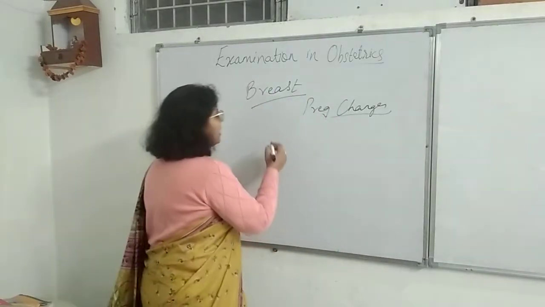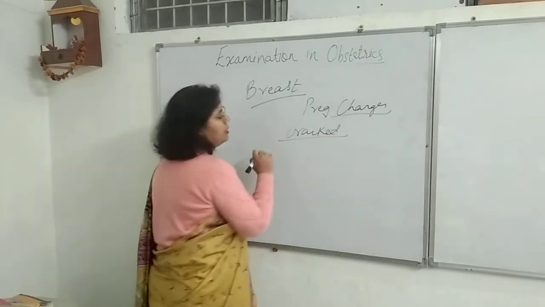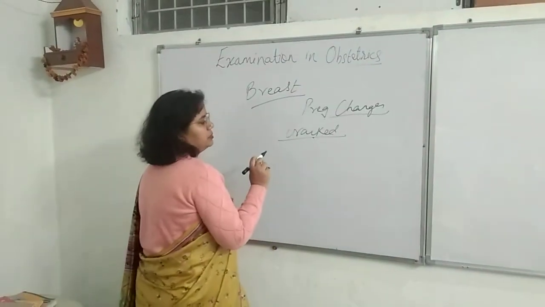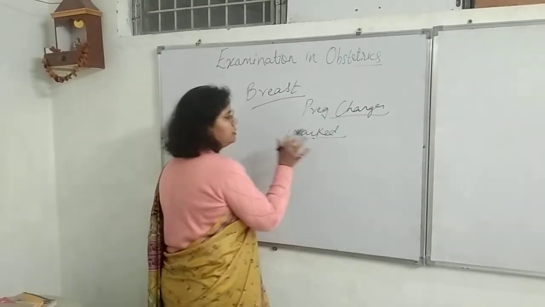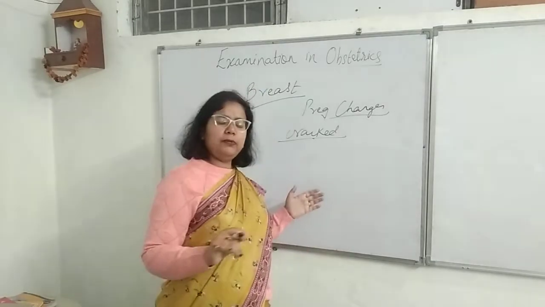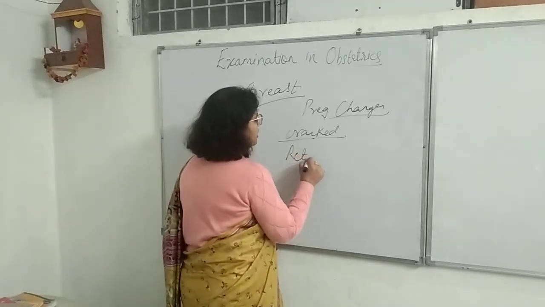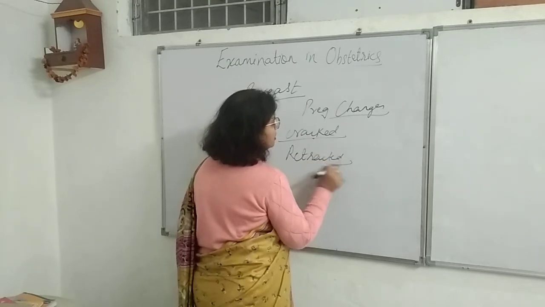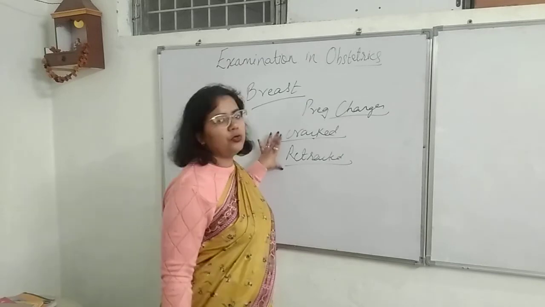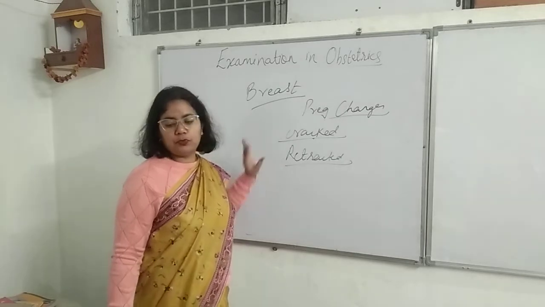So there is cracked nipple. If she is near term and she is having a cracked nipple, you should give her treatment for this. Explain to her how to take care of these cracked nipples so that she does not come across any problem during breastfeeding. Then retracted nipples. If she is having retracted nipples, you have to take care of them also. So near term, these two things are to be ruled out, okay, if you want her breastfeeding period to go smoothly.